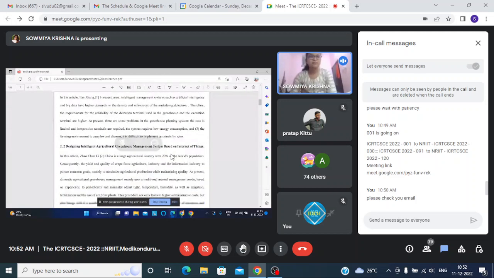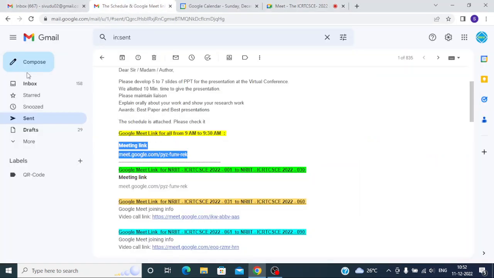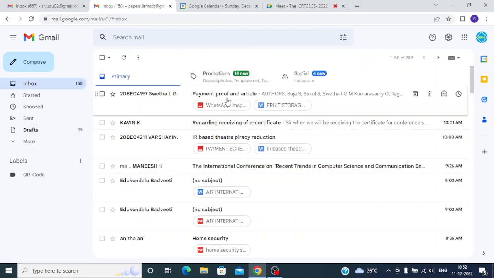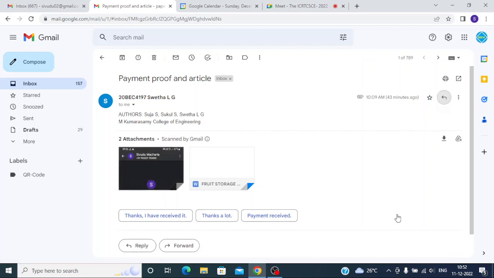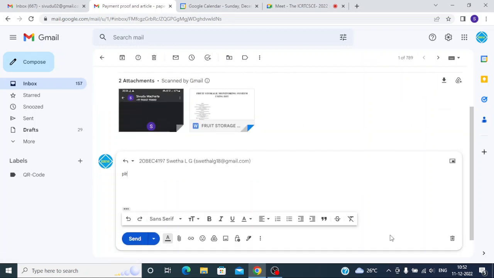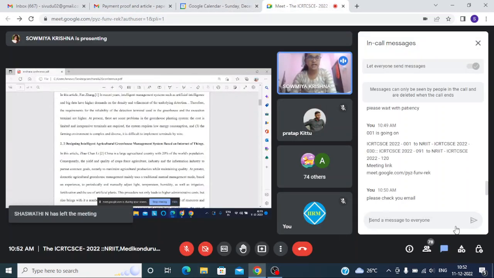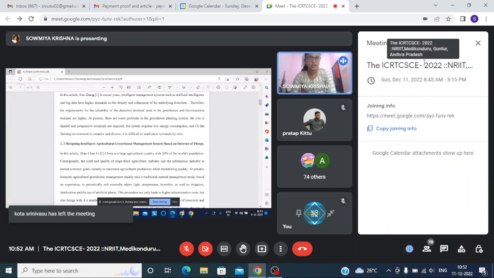Next literature survey: designing an intelligent agriculture greenhouse management system based on Internet of Things. In this article, China is a large agriculture country with 20% of the world's population. Consequently, the yield and quality of crops force the agriculture industry and the information industry to pursue common goals, namely to maximize agricultural production while maintaining quality. At present, domestic agriculture greenhouse management mainly uses a traditional manual management mode